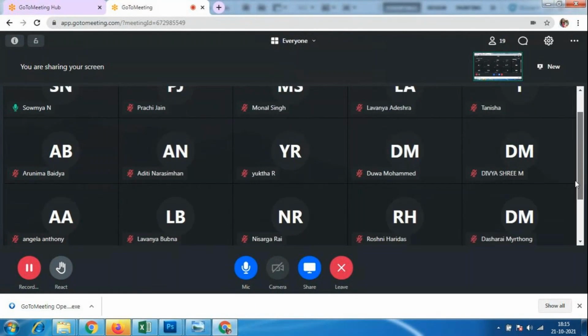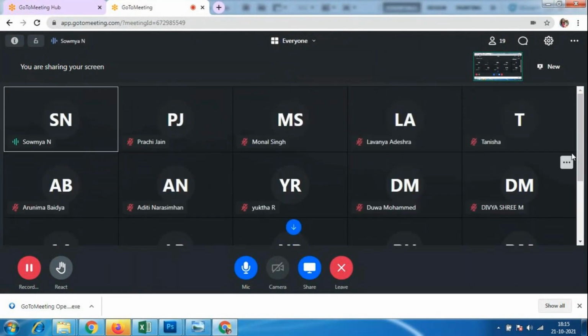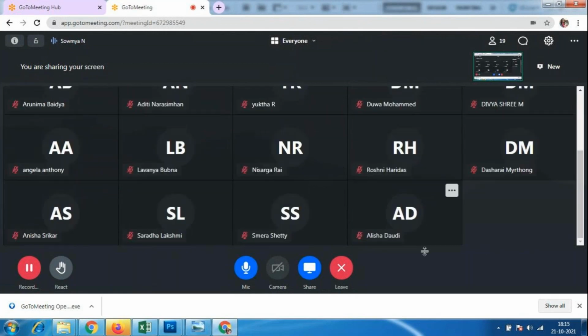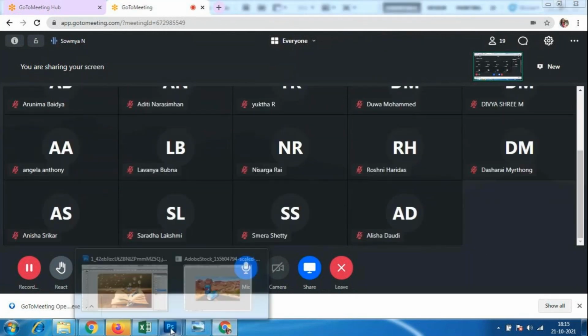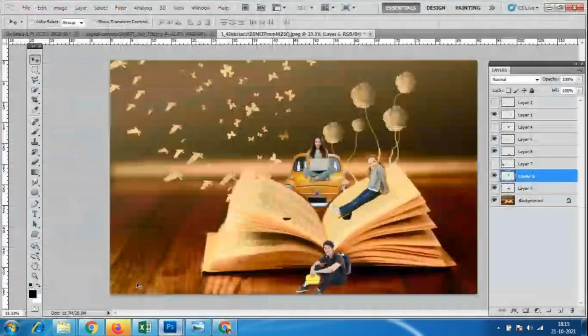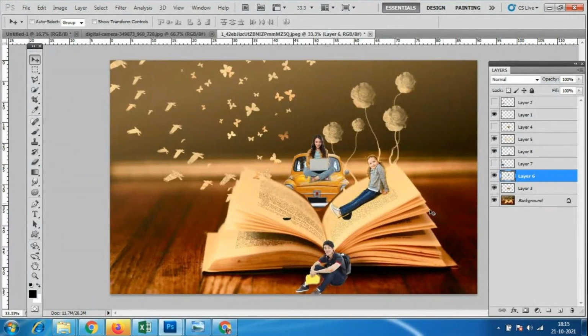Anybody having any doubt to create this miniature things? Do you people have any better ideas that we can create something like this? If you have any idea, please let me know. We will try those things.